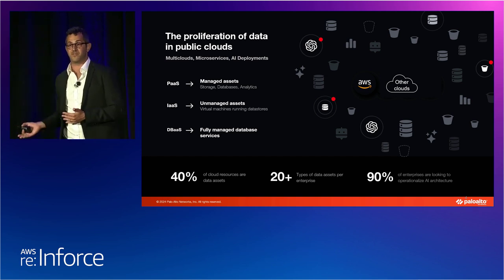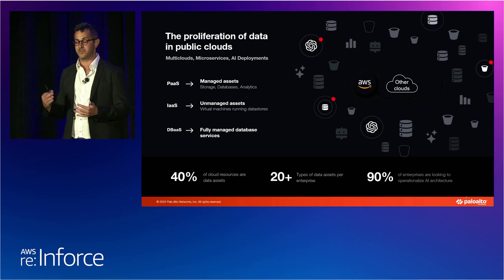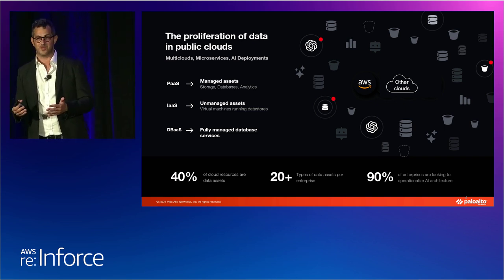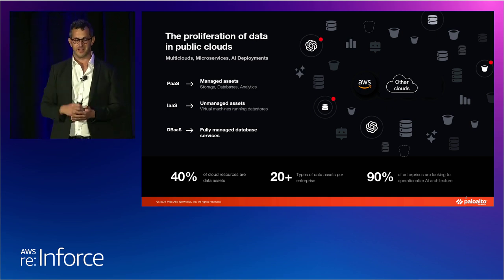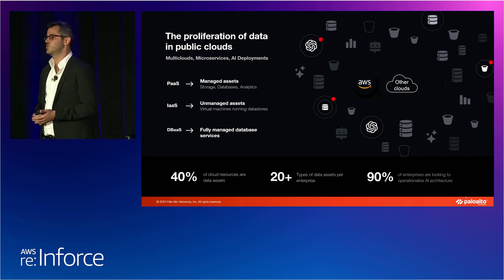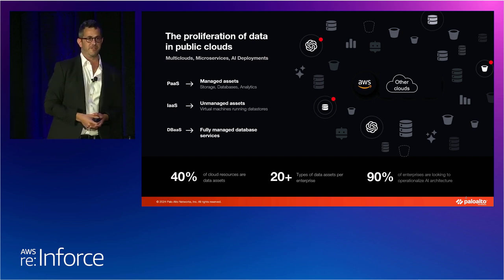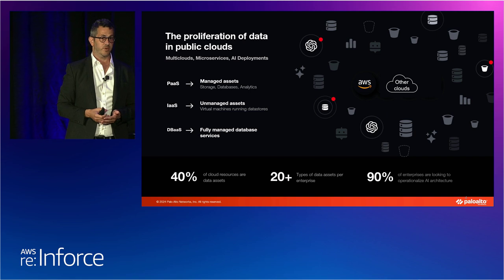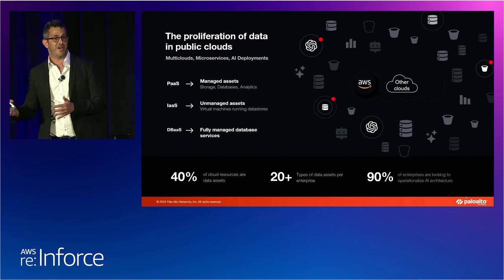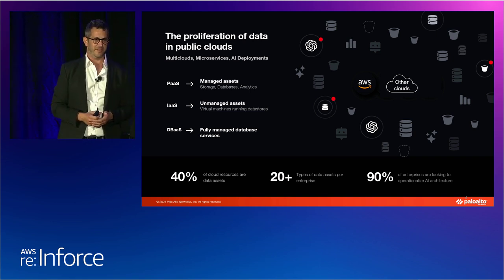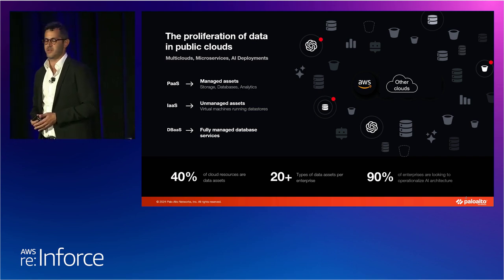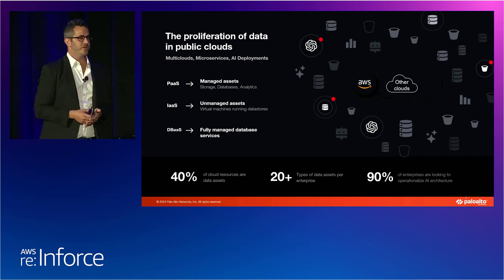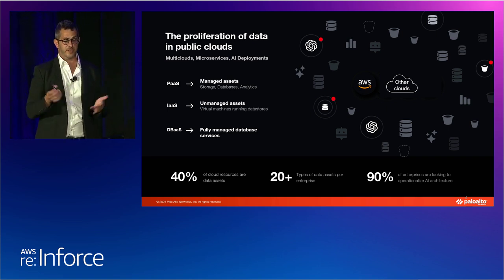Now we're seeing the rise of AI deployments. 95% of AI deployments today are being trained in the cloud. So that puts additional data in the cloud as well. And we also have multiple deployment models in the cloud. So we have platform as a service like RDS and Redshift and any type of managed service that AWS builds and manages for us. But we still have everything that we lifted and shifted from on-prem, right? Anyone today inside your organization can boot up a VM, put a MySQL on Linux or an MS-SQL on Windows, and you will have to start protecting it as well.